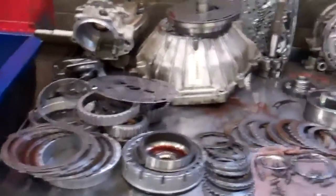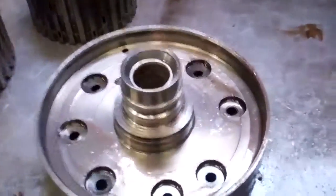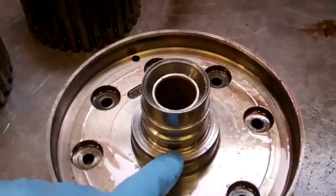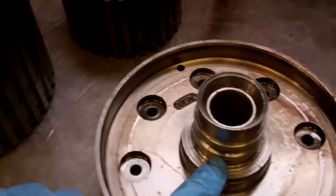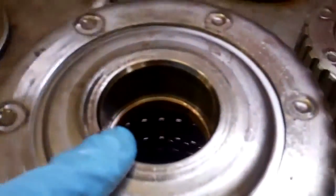Okay, Greg, this is your transmission. We've got it apart, and what actually failed is a thrust washer that goes right here, between this center support and this drum. It fits right on here. And what happens, that washer is just completely gone and tore up this drum, that surface right there,